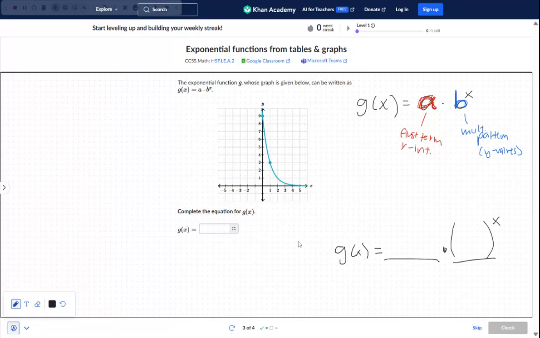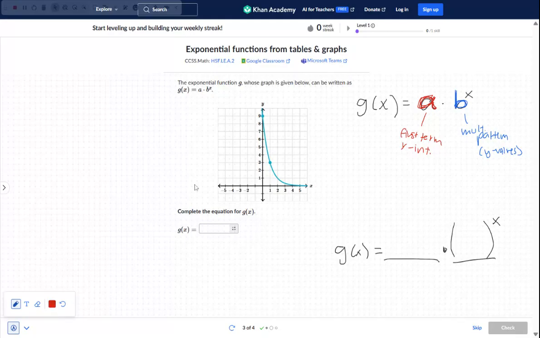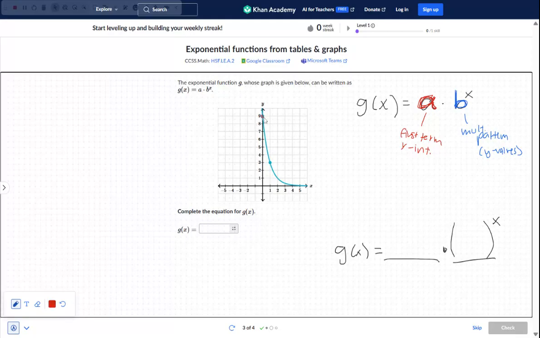I'll get the parentheses all ready for us so we don't make a mistake again. I don't think it will let me draw. It will let me draw on the graph. Very cool. So our y-intercept, where it's crossing over the y-axis, that's going to be at